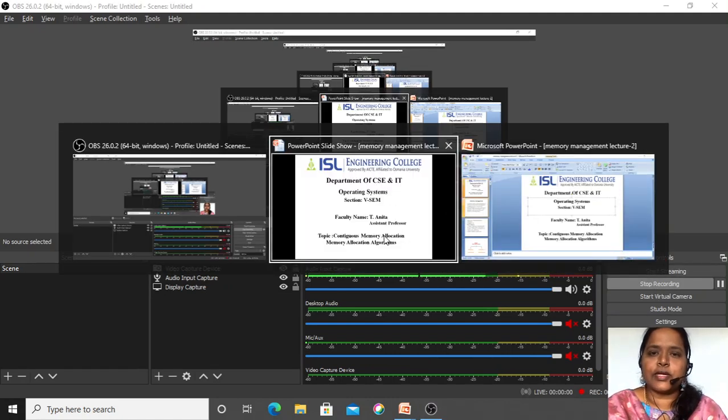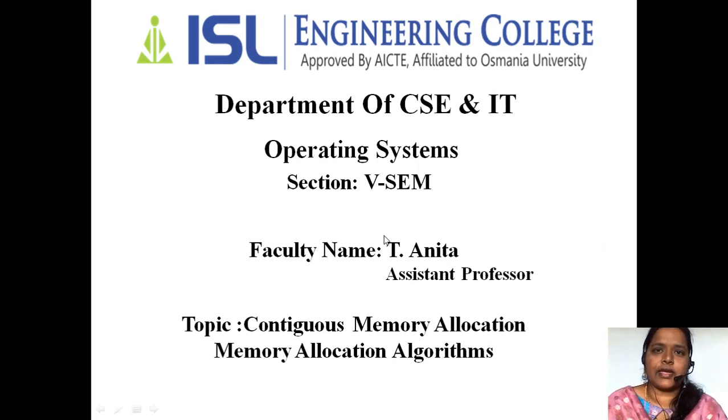Right? So in the last class we have seen the basic introduction to memory management. Yesterday we saw what a memory is, what memory management is, and why we go for different types of memory even though we have primary memory and secondary memory, what the advantages of it are, and what the criteria for a computer are. Everything we saw in the previous class, and we also saw the important concept called swapping.